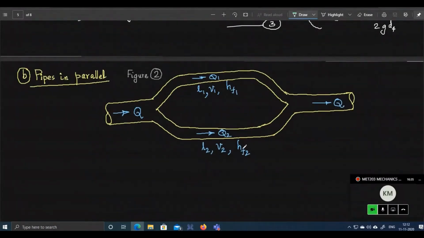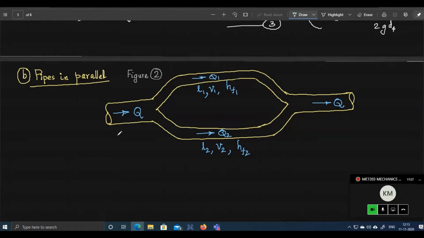So this is such an arrangement, pipes in parallel. See, when flow takes place through this pipe, there is a branching. In fact, two branches are there. There can be any number of branches. So whenever you have this kind of branches in a pipeline, and finally all those branches are taken to a common one, then this kind of arrangement is called a parallel combination. So pipes in parallel. And what is the peculiar nature of this parallel combination? That we will discuss. Suppose you have these two branches.